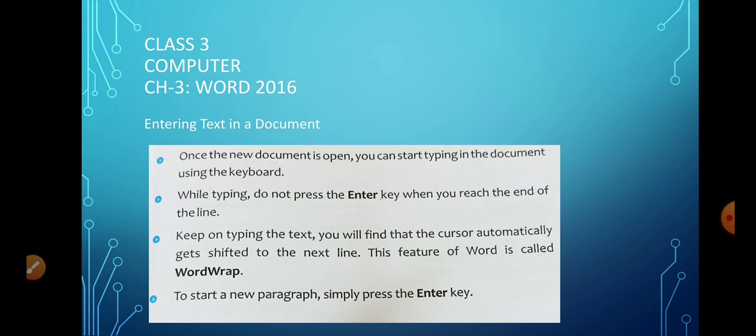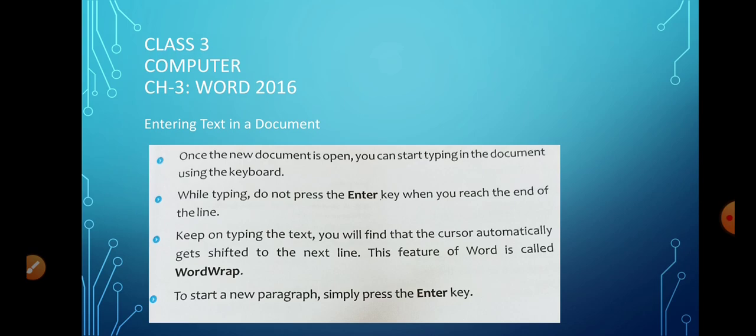Once the new document is open, you can start typing using the keyboard. And where does it go when you type? It goes to the document area, or the writing area, also called the working area, the blank space in the MS Word window.